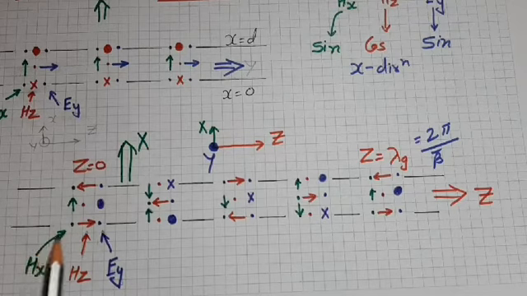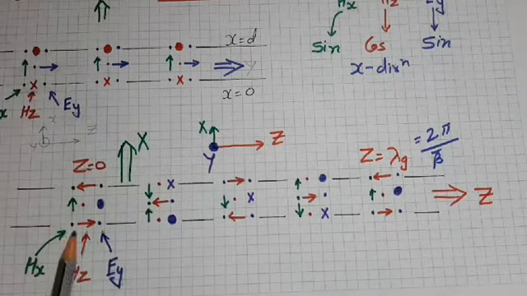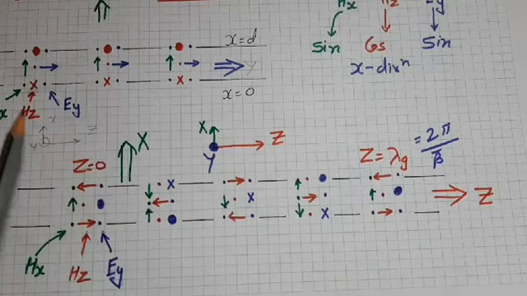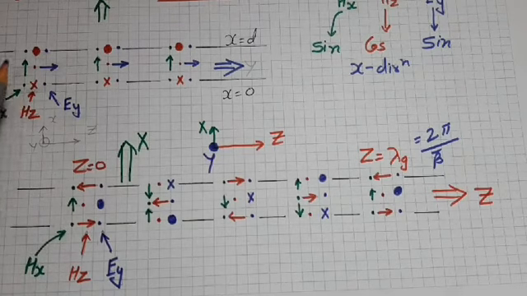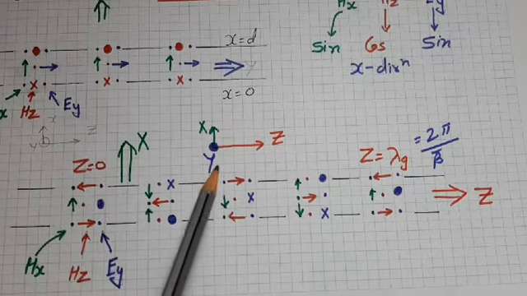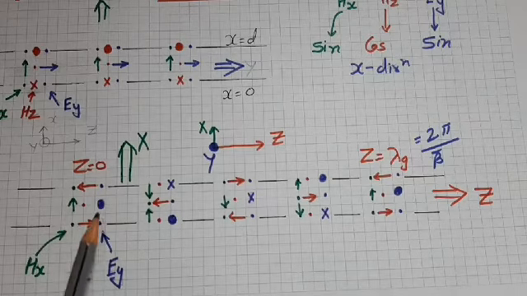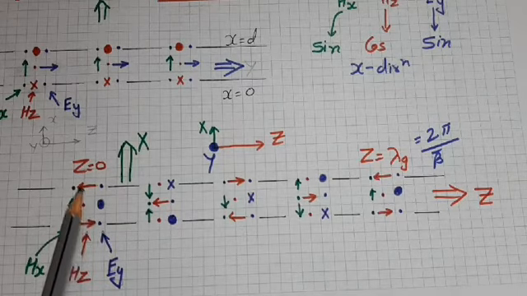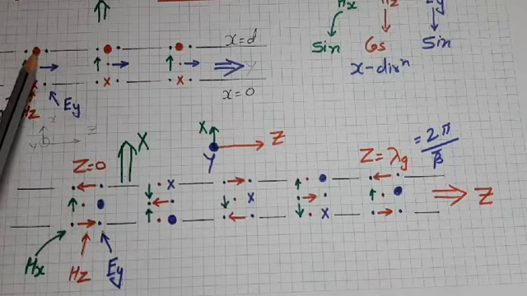Hx has sine variation and x is still in up direction. So Hx can be simply plotted as was plotted in front view. So Hx plot is same in front view as well as in side view. But if we talk about Hz plot, now because z is this direction, so Hz field representation would be changed. Now Hz would be shown by left pointed or right pointed arrows. While in front view, z direction was into the paper, that's why it was represented by thick dot or cross.